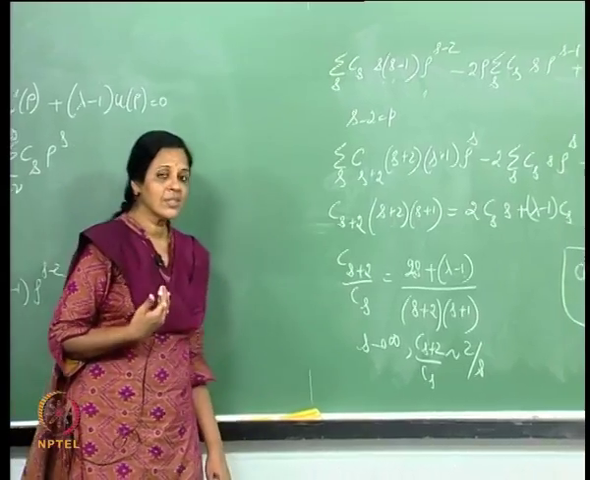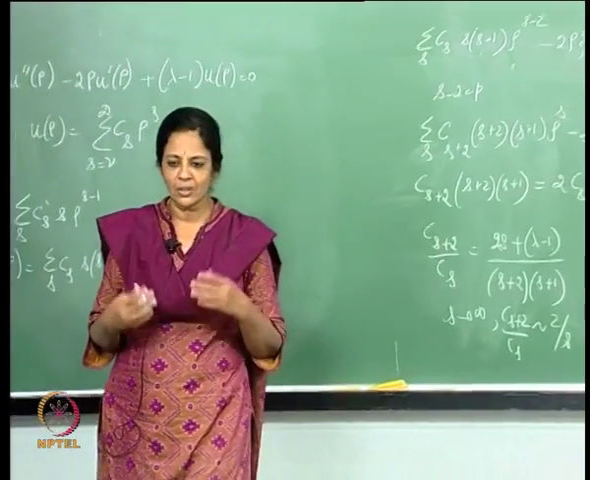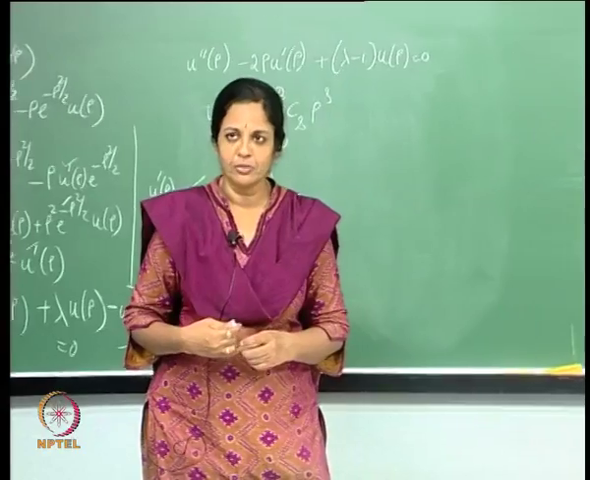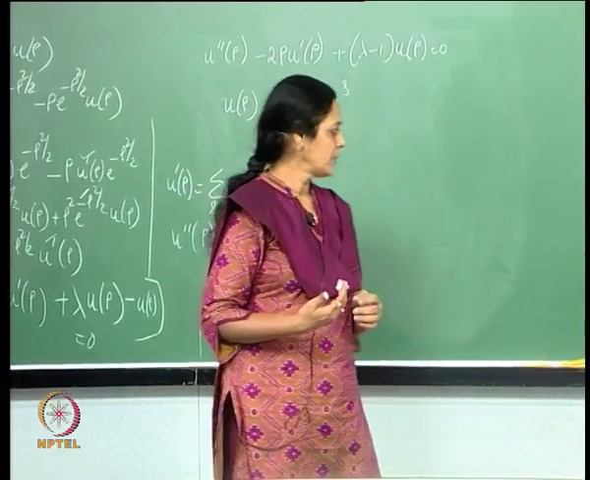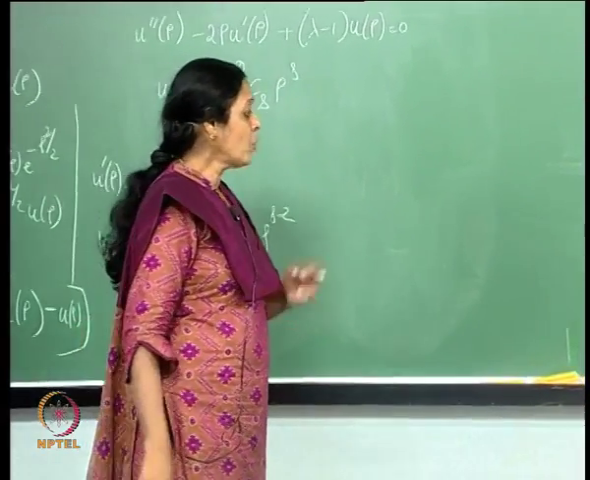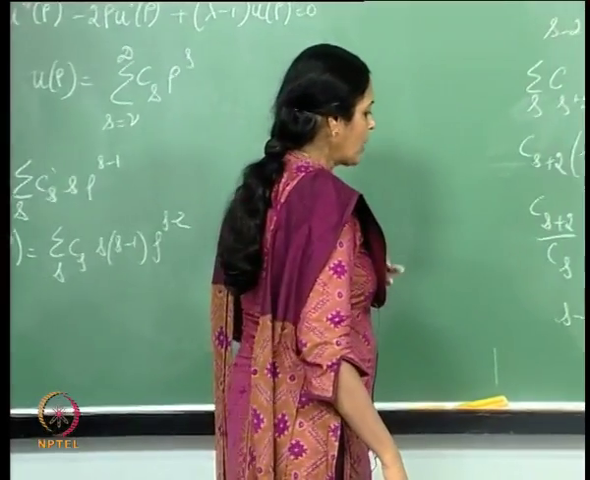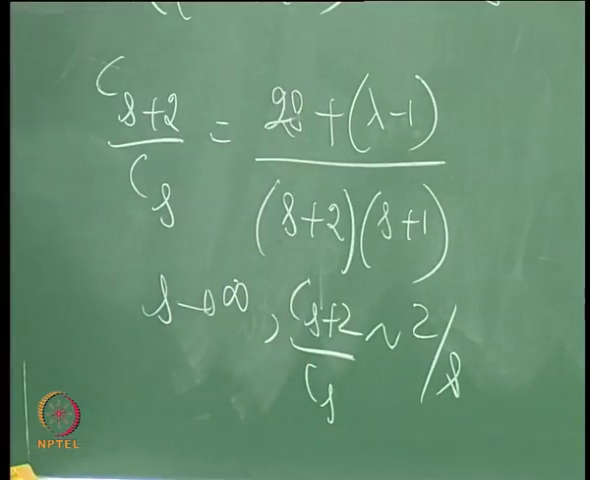But I know of another series. I am now trying to find out the solution for u of rho as a function of rho. I know of a series which for large s has this asymptotic behavior, and that is unfortunately the series solution for e to the rho squared. If I expand e to the rho squared,